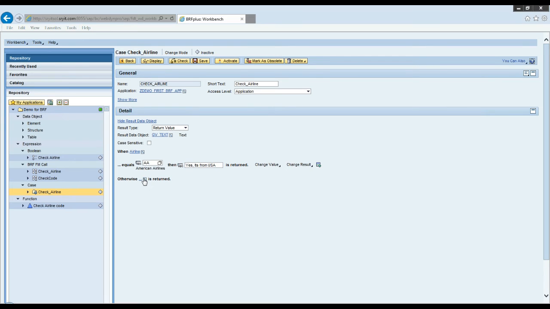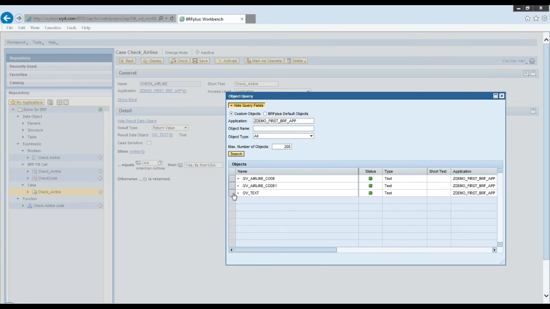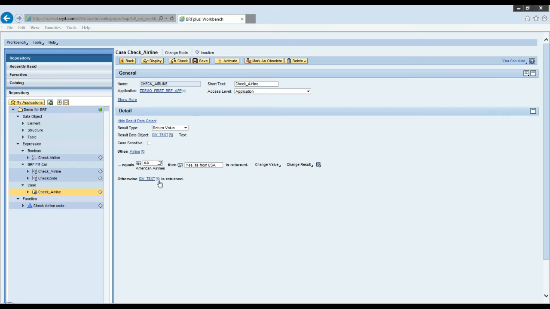Otherwise, whatever be the case, select the object, search GV text, direct value input. So otherwise return the GV text, no, it's not USA.